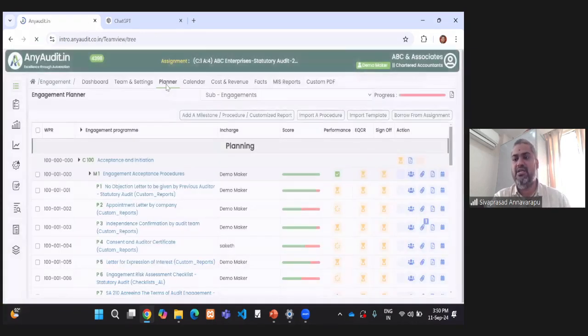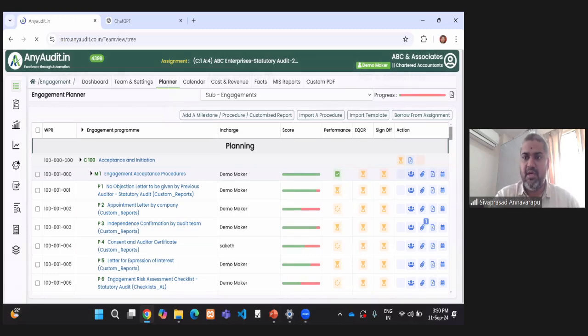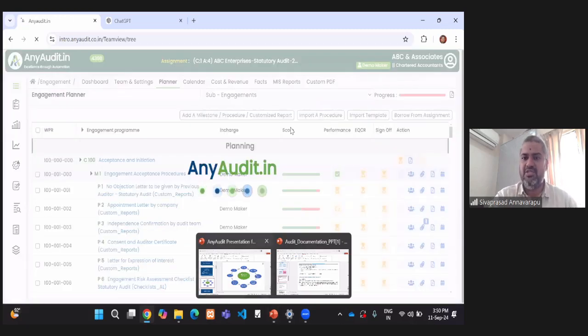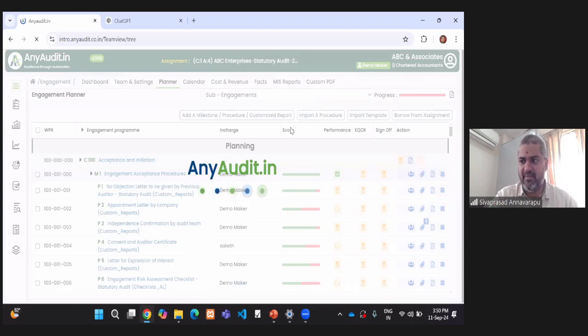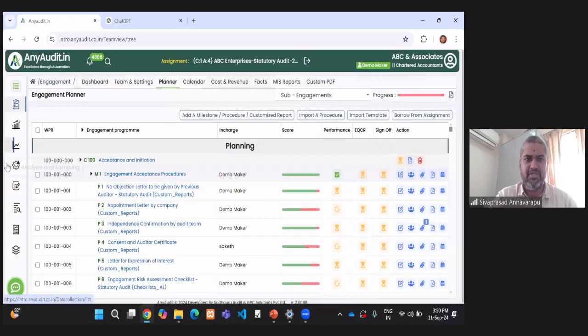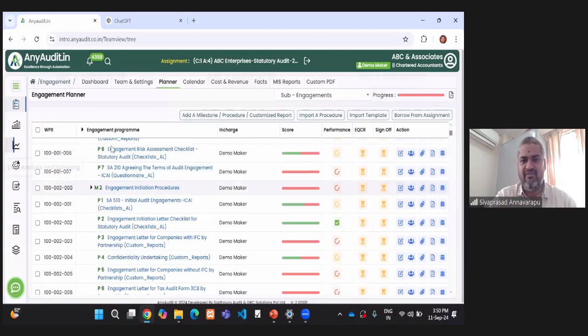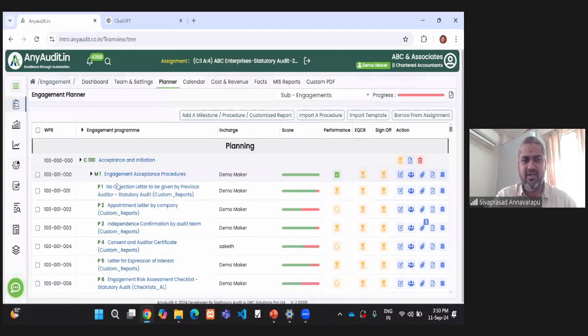The most important document is the audit plan: how the audit had been planned, what procedures are contemplated while we perform the audit. It starts with that. So in this electronic mode, in this ERP kind of audit automation, the audit plan is auto drafted by the system. You can see on the screen, the audit plan is divided into chapters. Let me collapse all the chapters.